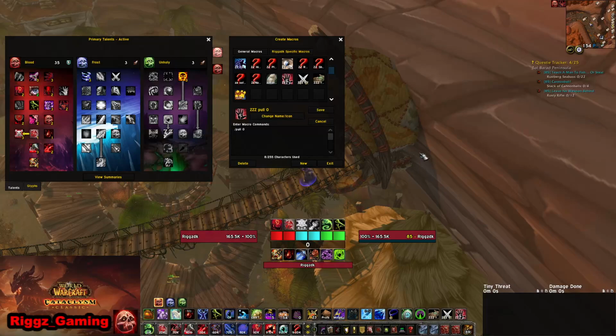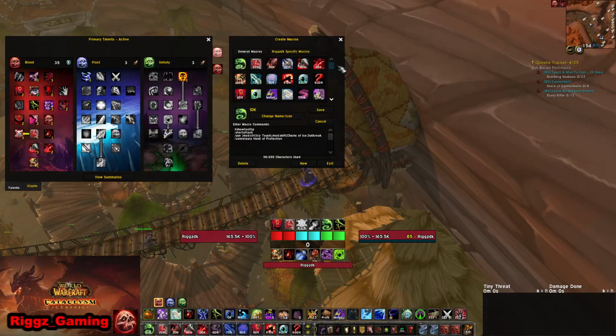So that was just a quick run through of the macros I use playing as a Death Knight in Cataclysm. I have got a couple more here, but if you want to see all of them, please do check the spreadsheet link in the